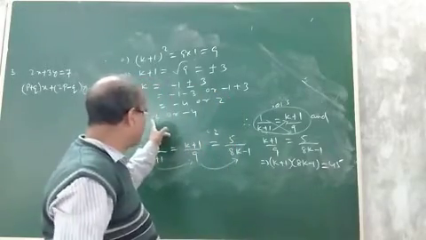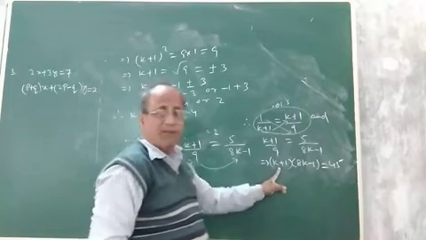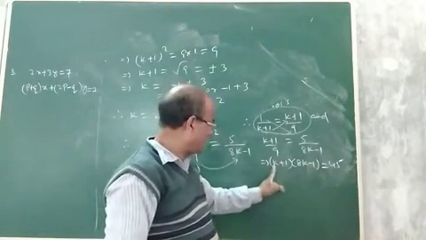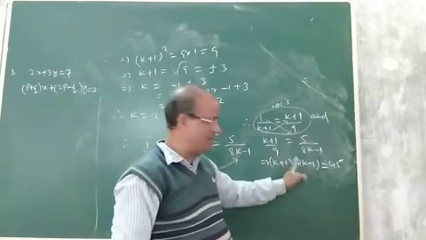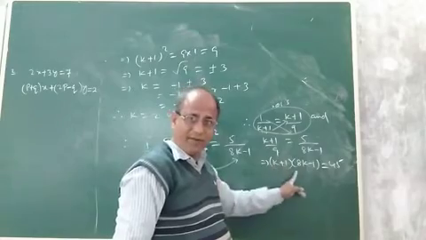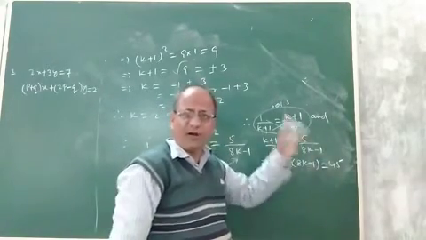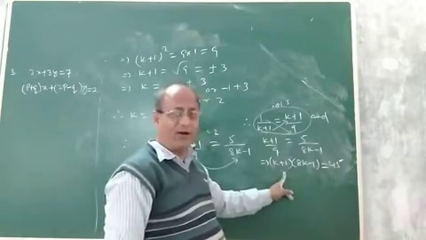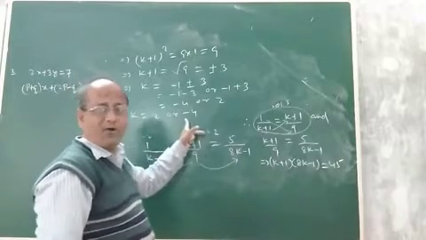Take the value of k and put k equal to 2 here. Putting k equal to 2, you will find that 2 plus 1 is 3. Then 8 into 2 is 16, 16 minus 1 is 15, and 15 into 3 will be 45. And look at the RHS, the RHS is also 45. That means we will say that for k equal to 2, this is satisfied.